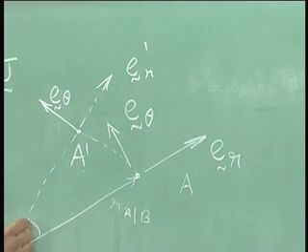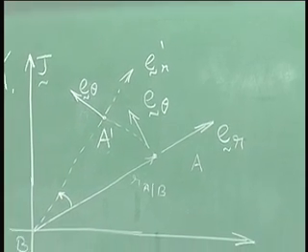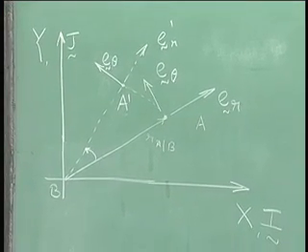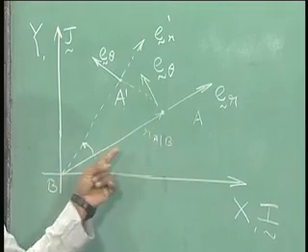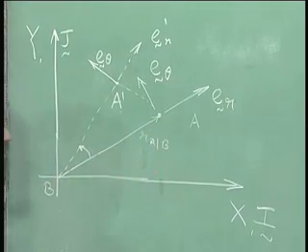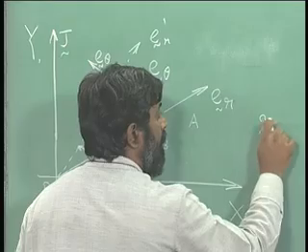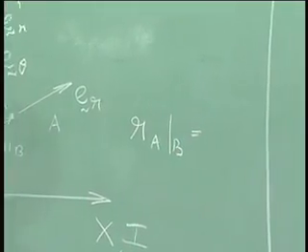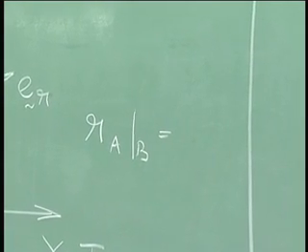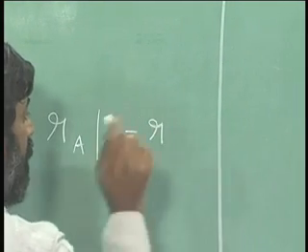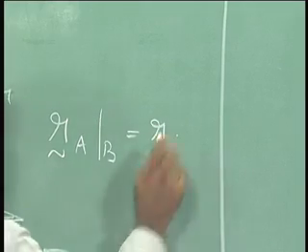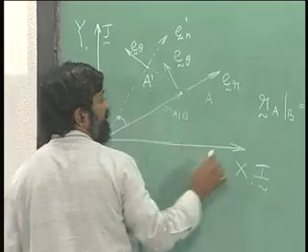Let us say it has gone through a rotation of this sort. How do I represent RAB? It is R of A with respect to B, let us take small r. This is a scalar times the direction ER,